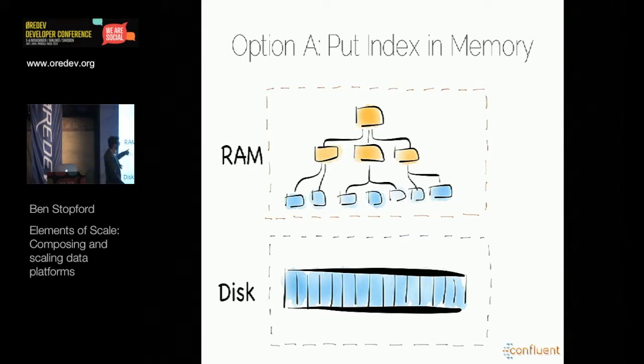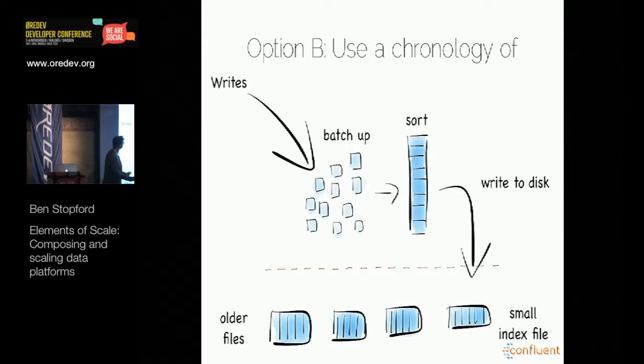As soon as you've got a workload where you have more indexes than you have RAM available, which is typical of big data use cases, then the indexes are going to start to page to disk, and things are going to run much, much slower, because we're going back to that world of random I/O, 7,000 times slower. So this is a good, simple option for relatively small data sets.